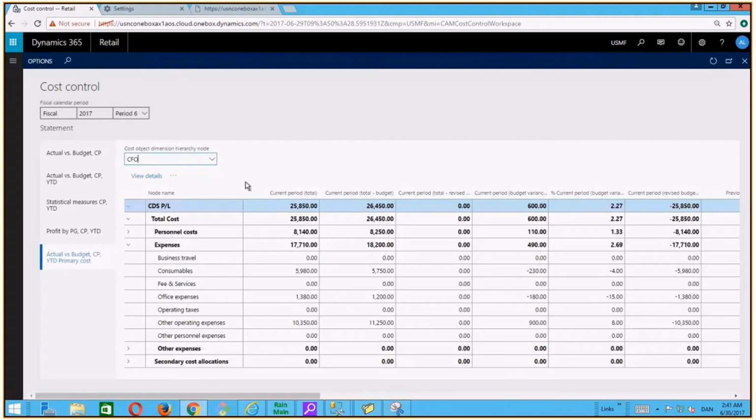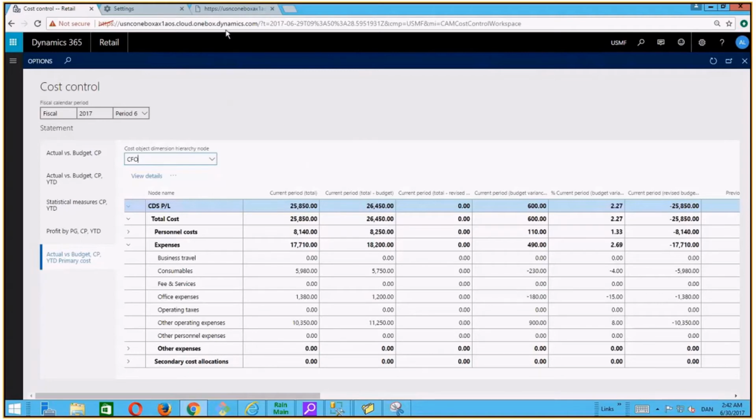And she can also drill into the numbers to see on which cost elements and so on the different postings are posted on. I don't want to do that in this video here. Instead, I want to talk about the device of choice, because now we not only have the web client, we also have the mobile workspaces. And we also have the cost control workspace on the mobile platform.